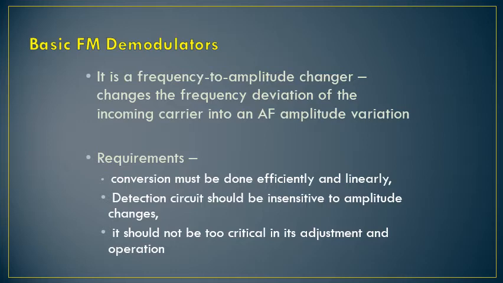If, instead of getting the signal from 2 volts to 10 volts, you get the signal from 3 volts to 10 volts only, or maybe from 1 volt to 10 volts, that means whatever signal you are reproducing at the receiver side is not proper. This is called non-linearity, and we don't want this non-linearity in the circuit. The detector should also be insensitive to amplitude changes.